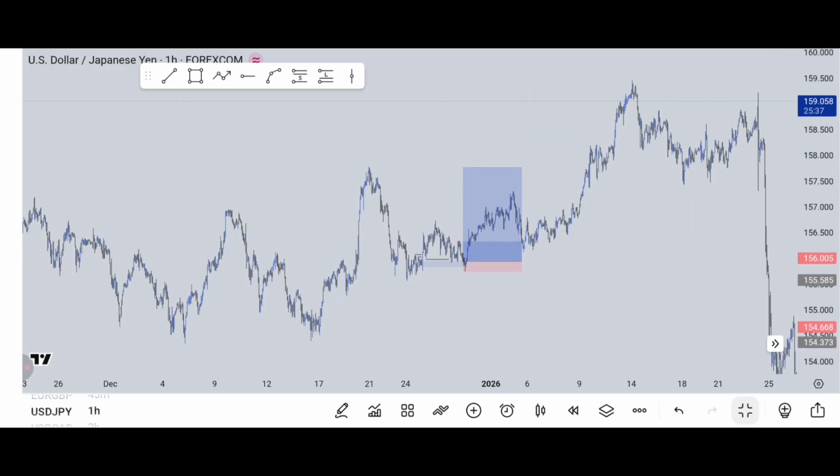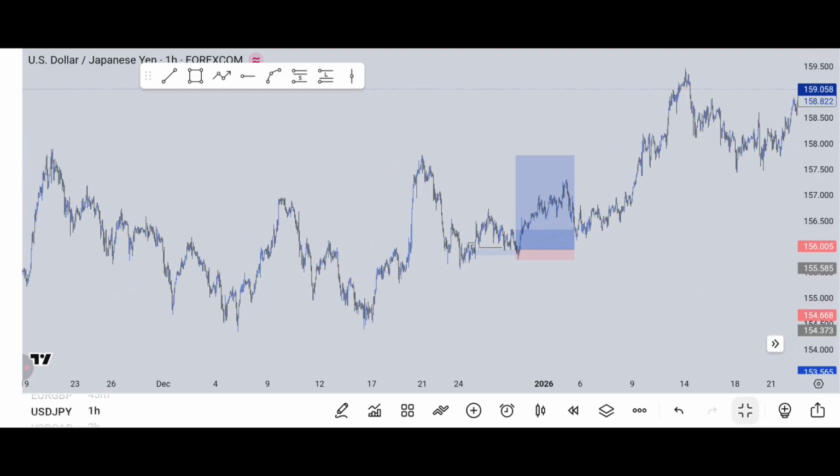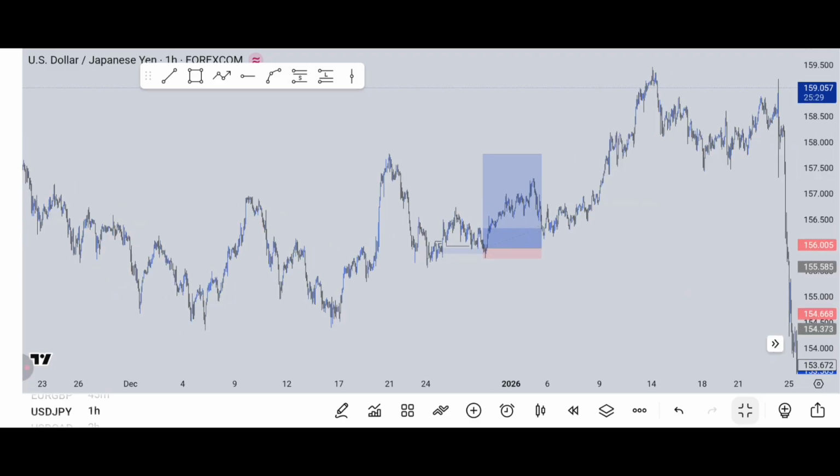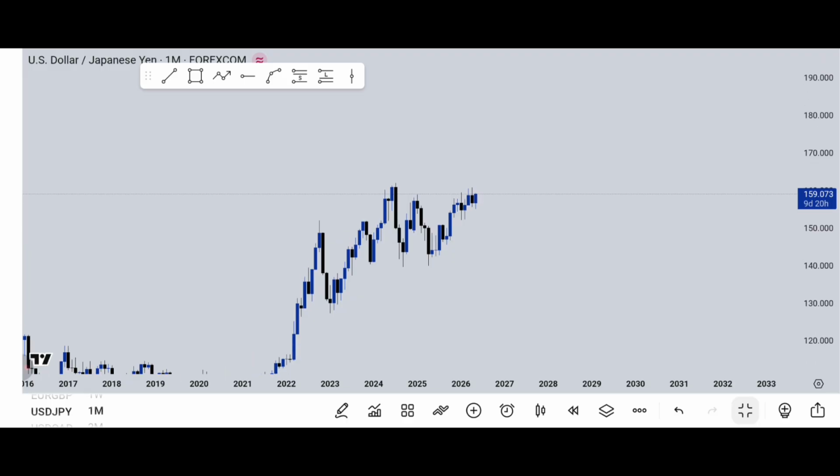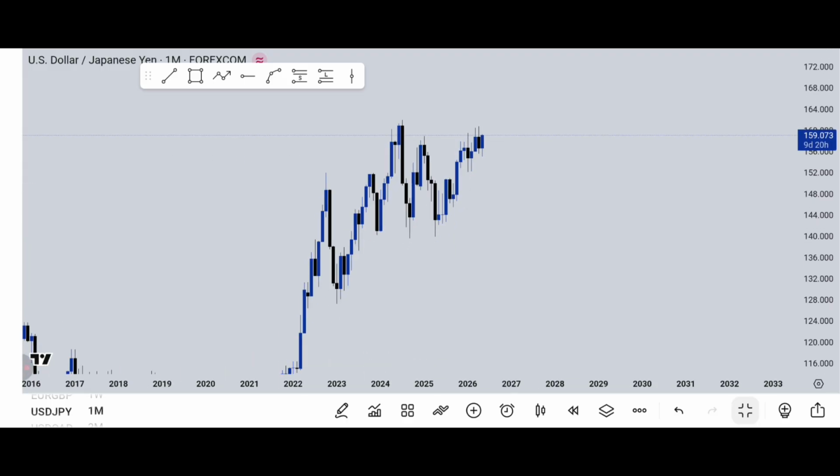what the market is doing, because sometimes market might be trending up here now, then on the higher time frame we're selling, which you might end up taking unnecessary losses. So let me show you how to do your top down analysis perfectly well. When doing my top down analysis, I always make use of the higher time frame, like 12 months, but in this scenario I just want to make use of the 1 month time frame. So coming here to our 1 month time frame, we can see market is uptrending.